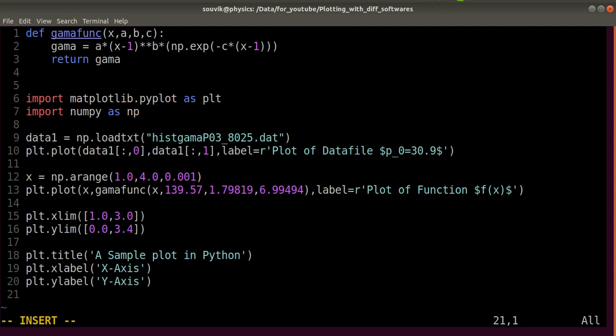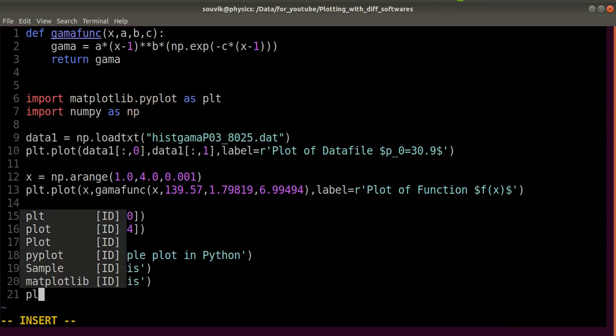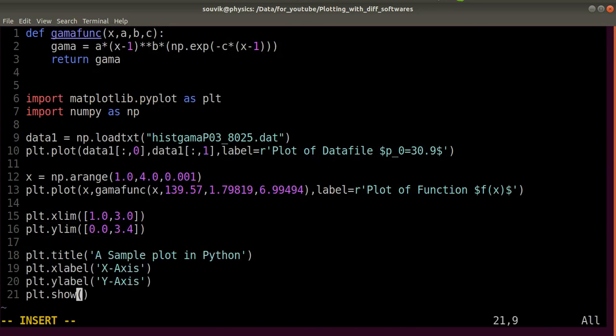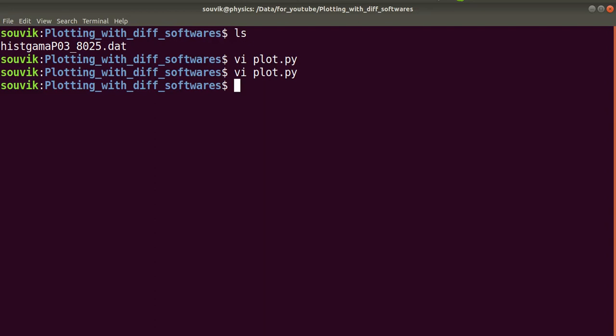And done. And then lastly you have to do plot.show, with first bracket open and close. So now our code is done, and let's run it. Let's save it first, and then run it.